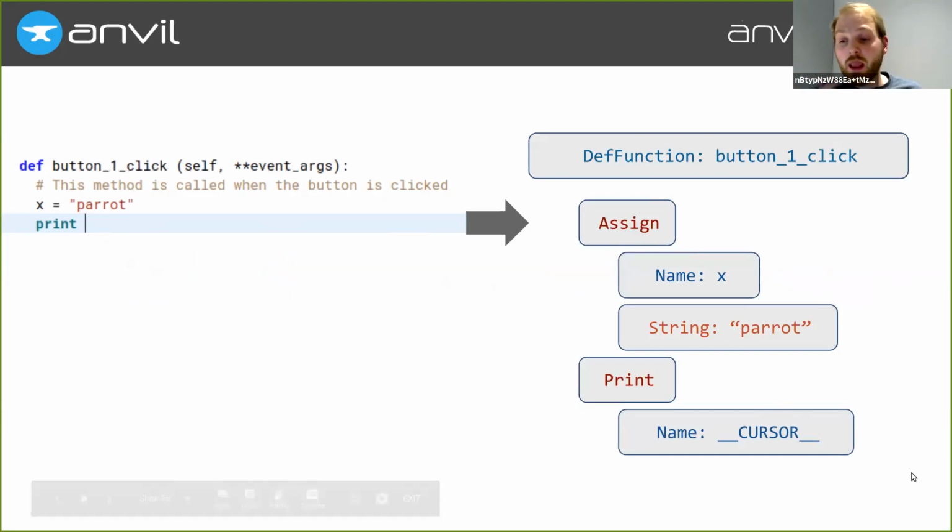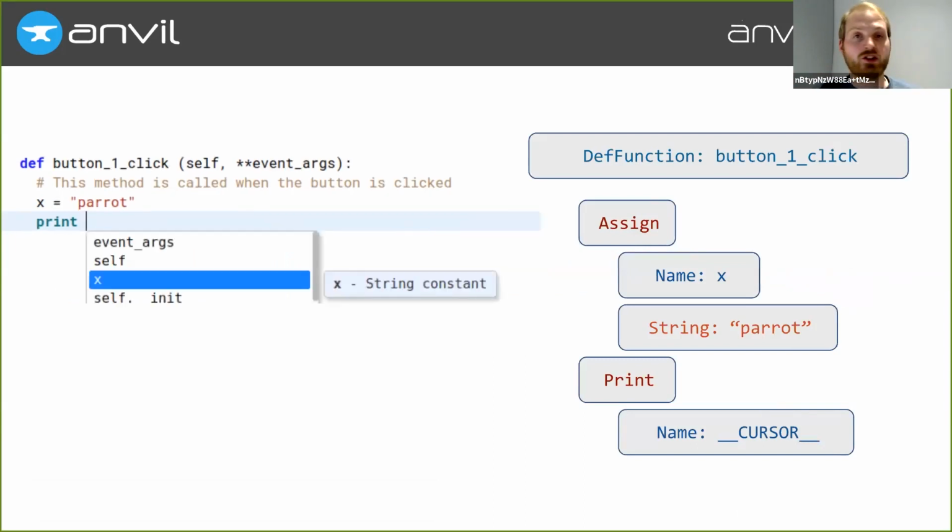And that means we can walk the abstract syntax tree and keep a running tally of all the variables that are in scope at any given point. And when we hit that magic cursor symbol, we can just suggest all the things that are in scope.